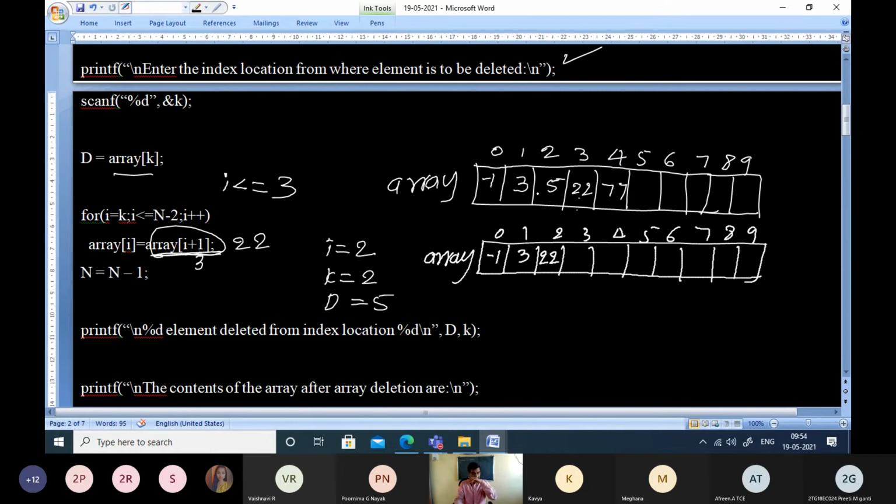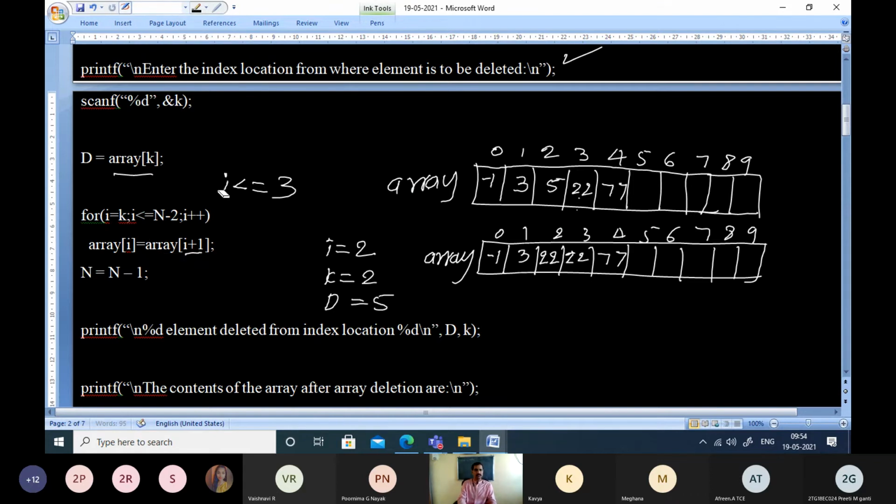But if you see carefully, there will still be 22 here. We are not deleting 22 from here. We are simply taking a copy of 22 from this location and placing it in the previous location. That's it. But actually, for our understanding we will assume that the element will get deleted. So that I will explain at the end.